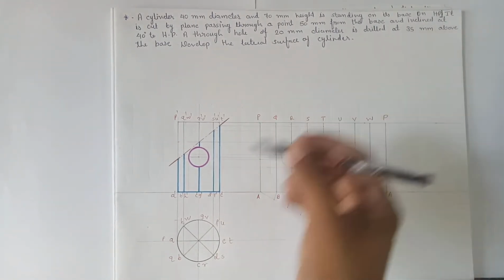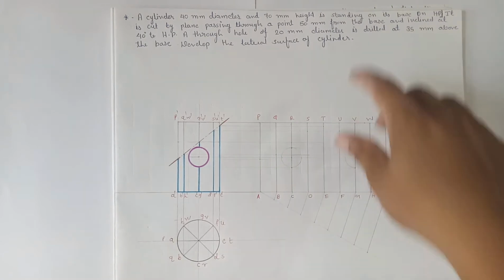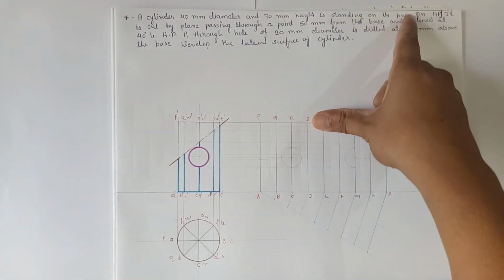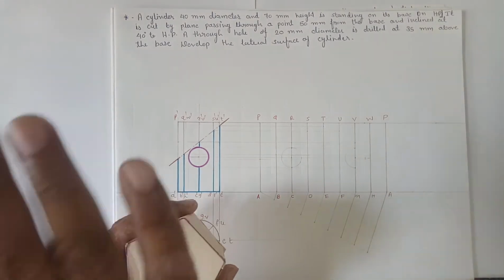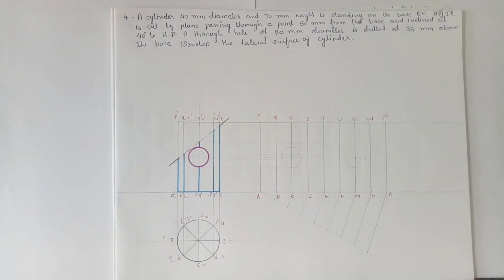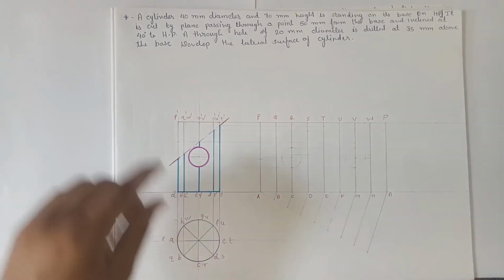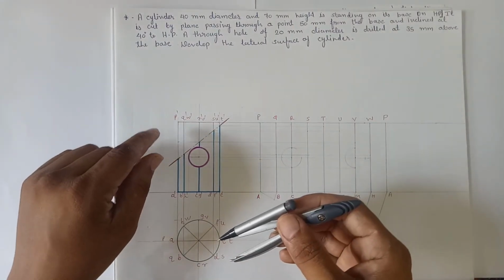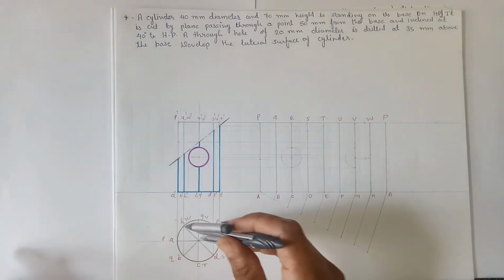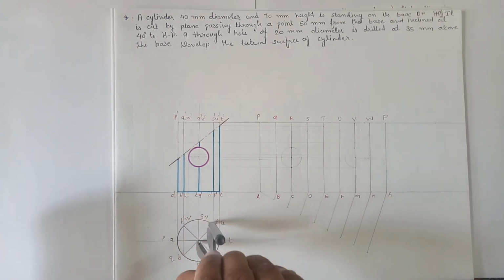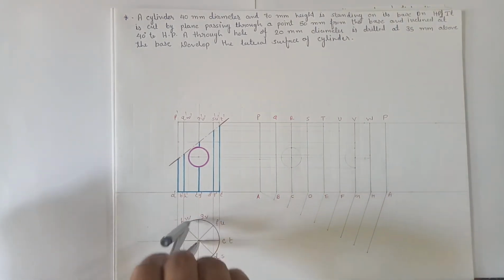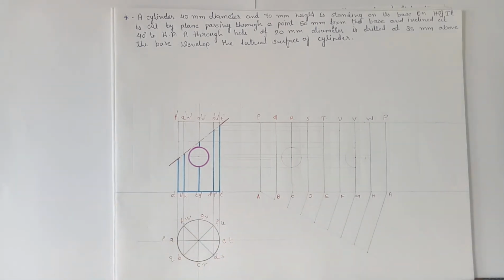So first of all, we have to draw the plan and elevation of the cylinder, and here the cylinder is resting on its base on HP. So it is resting on its base on HP like this. So base is on HP. This will be the plan of the cylinder, and the base circle diameter is 40 mm and height is 70 mm. So measure 20 mm radius on the router, draw the circle, divide the circle into 8 equal parts